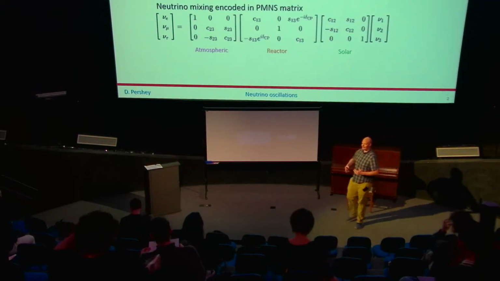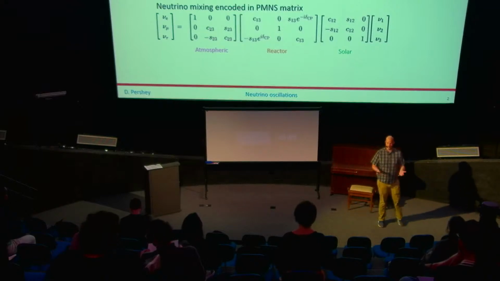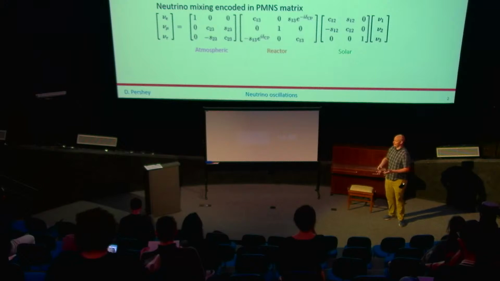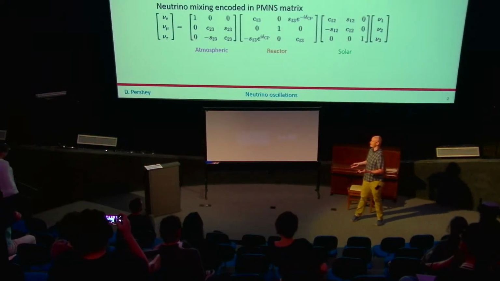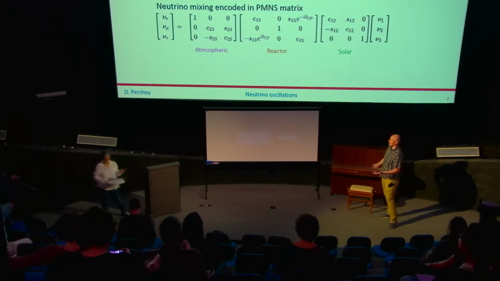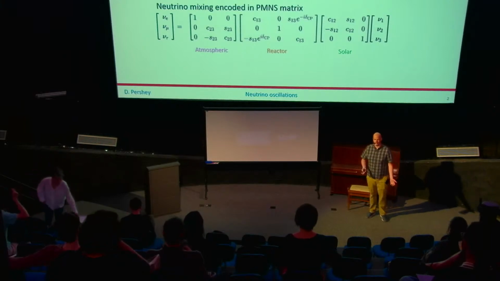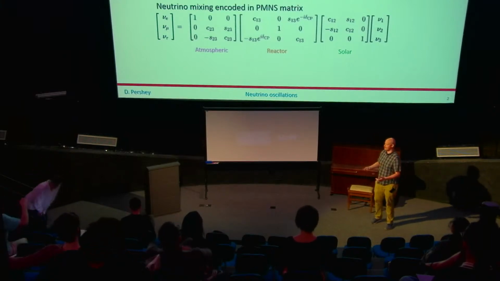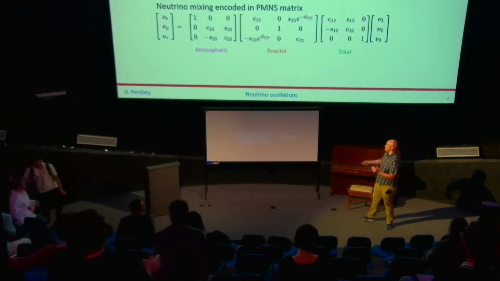If you think about what the neutrino particle actually is, personally, I would say that the actual real states are the states of the free propagation Hamiltonian, which is to say that the actual neutrino states are the mass states. But those aren't the things that we see in the detector. Whenever we produce or detect a neutrino, we detect them as these weird flavor states, which are superpositions of